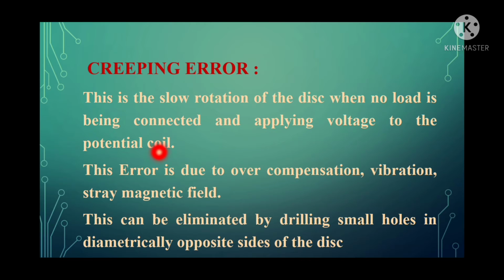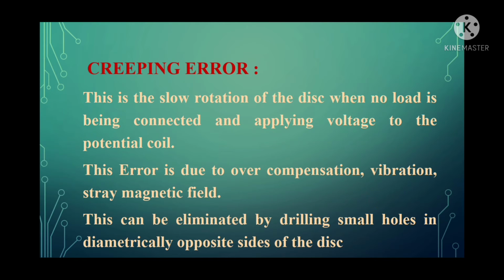So as I said earlier, the rotation of the aluminum disc will be registered and recorded as the power consumption in any house, in an energy meter. So in order to avoid that, we have to eliminate this error, that is, the creeping error should be eliminated. And this creeping error is mainly due to overcompensation of the energy meter, vibration, and also due to stray magnetic field effects. So this error can be eliminated by drilling small holes in the diametrically opposite sides of the aluminum